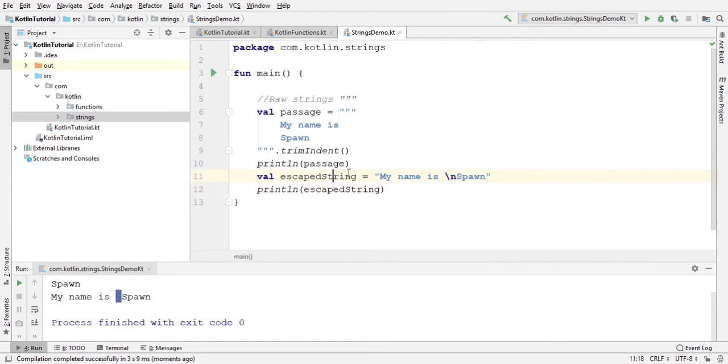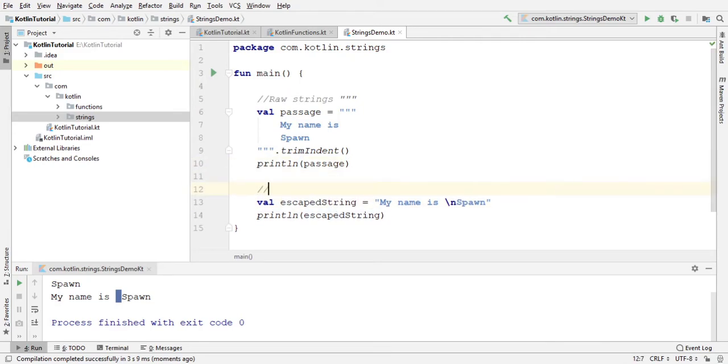So this is an escaped string. This is what we call an escaped string, right? As it has escaped characters, it can have escaped characters. And this is a raw string which starts from some string value, and I can have it here. So all this code, you will get it